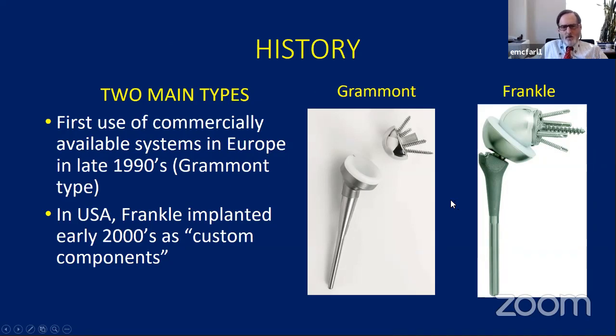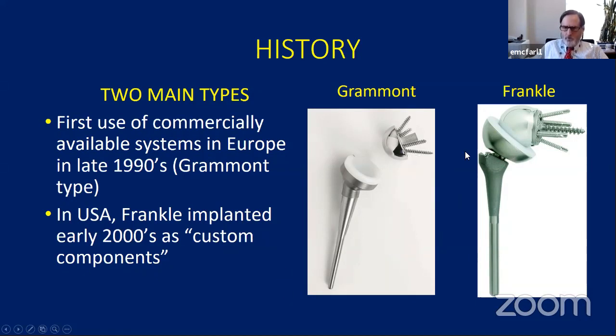So in the 2000s, there were two types of reverse total shoulder arthroplasty. The first was the Grammont type system, shown on the left, and it had what's called a medialized glenoid. In other words, you just ream the glenoid flat. The center of rotation actually becomes more medial, and that's why it's called a medialized component. And the head neck angle was 155 degrees. Frankel, though, felt that if you put the glenoid too medial, you get impingement down here. So he came up with the idea to lateralize the center of rotation a little bit, so you can see the sphere is much larger. And also the head neck angle was 135.